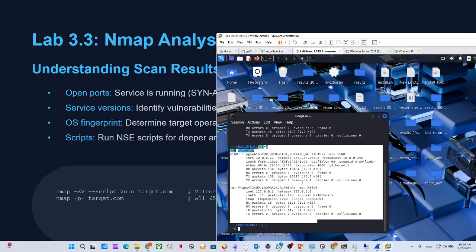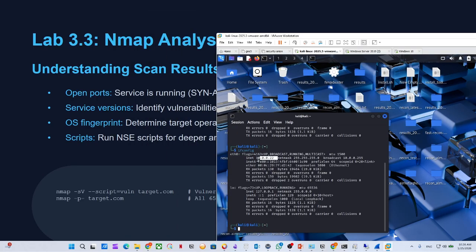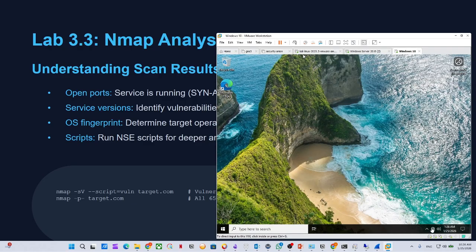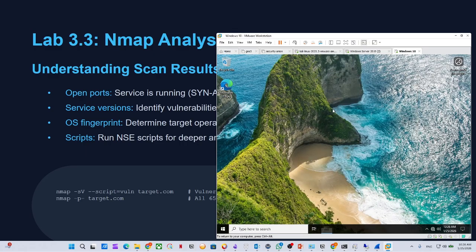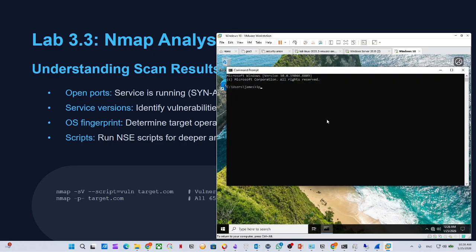Yeah, so I got the IP here. Okay, and let's see if the Windows got the IP or not. CMD, ipconfig. Yeah, I got the IP as well here. This is 21 and